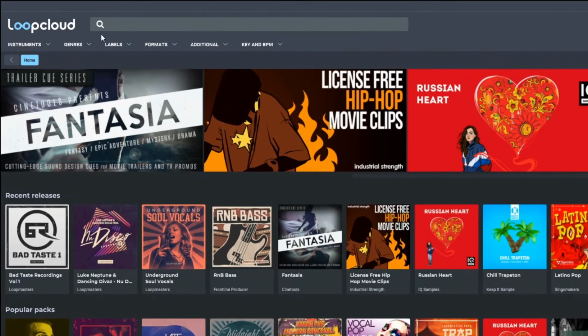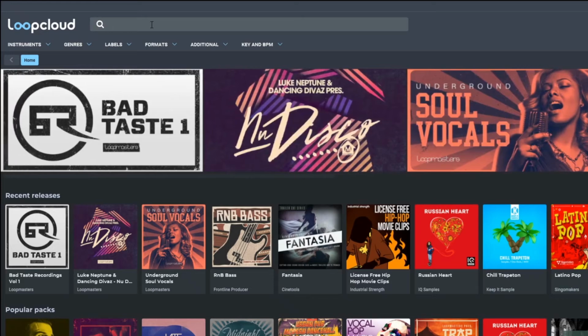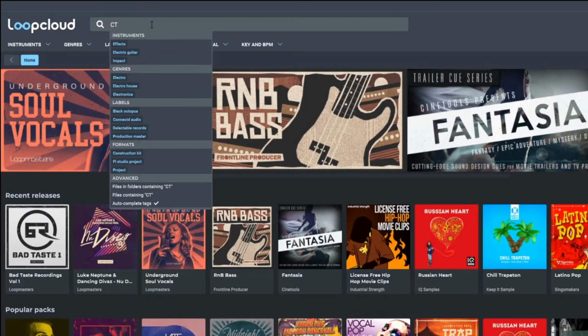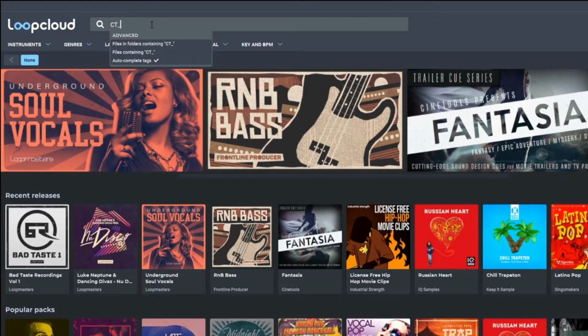The first thing I'm going to do is add a kick, and I'm going to use the search bar here and search for a specific file name. Now for the kick, it's not very important that you choose the exact kick I do. I've chosen this kick because it's short, punchy, and that's what I'm looking for in this style of music. But really, if you want to just use a kick from your library, that's perfectly fine too. But I do want to show you how to search for a specific file name. So I'm going to type in